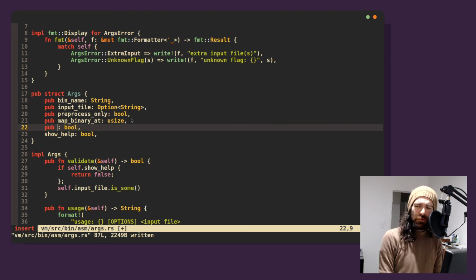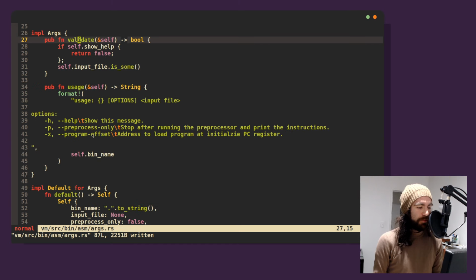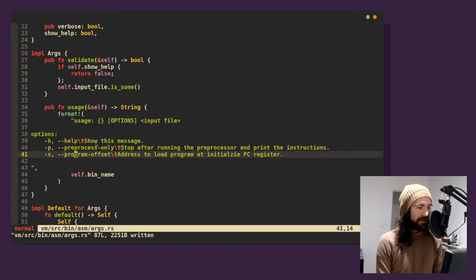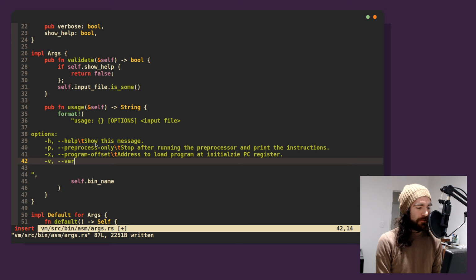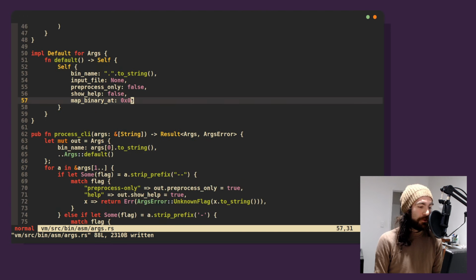Actually, it should be the opposite, right? Verbose. If we ask it to give us all of this data, then we want it to be loud. Verbose prints VM state after every instruction. Otherwise, we're just gonna print out the actual IO that we do.